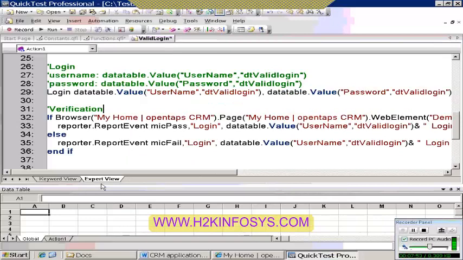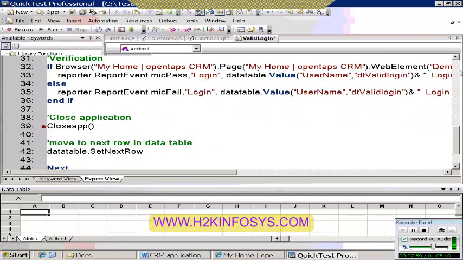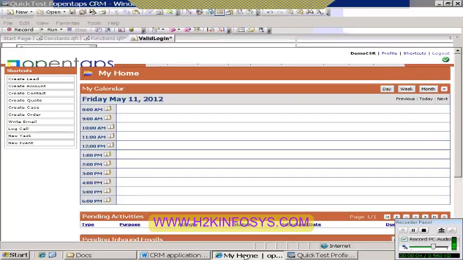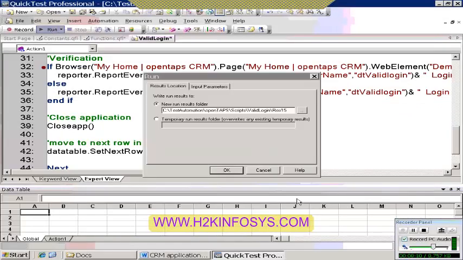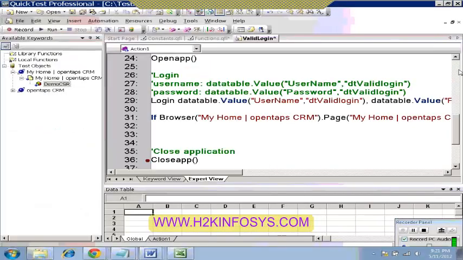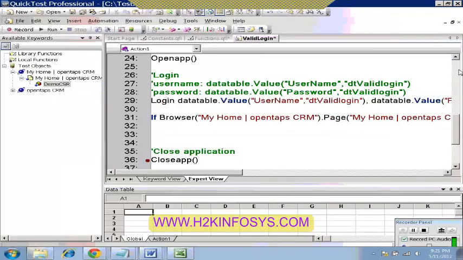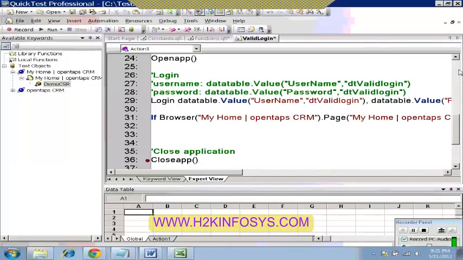So this is the verification. Okay, so that completes your script. Let's try to run it. And if you want, I can keep a breakpoint here, and then let's try to run once again. Okay, so I'm going to run. Alright, so now I've got the breakpoint here, and if I press F11, this whole thing is going to return